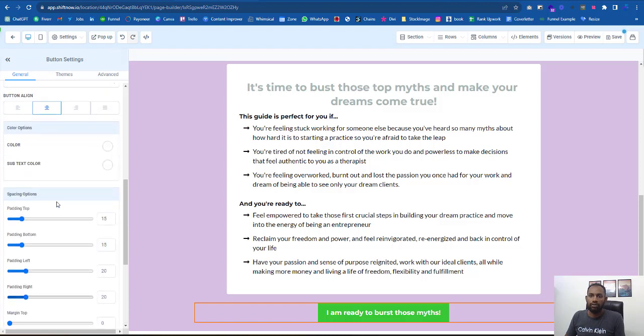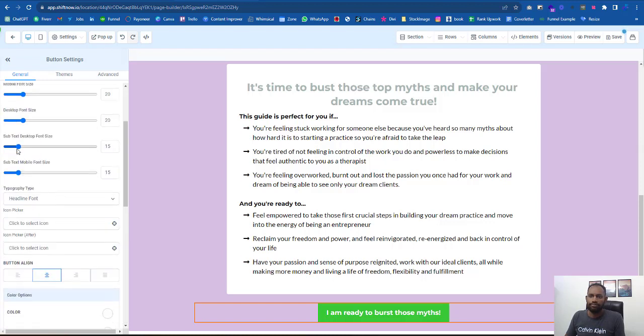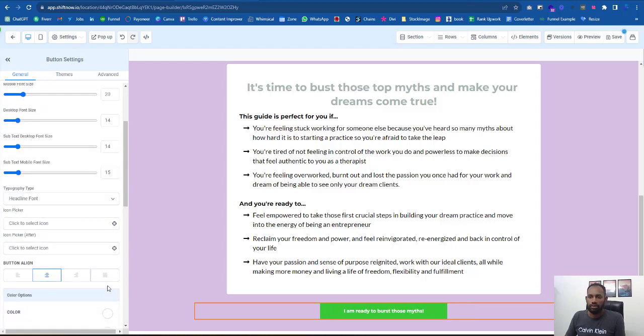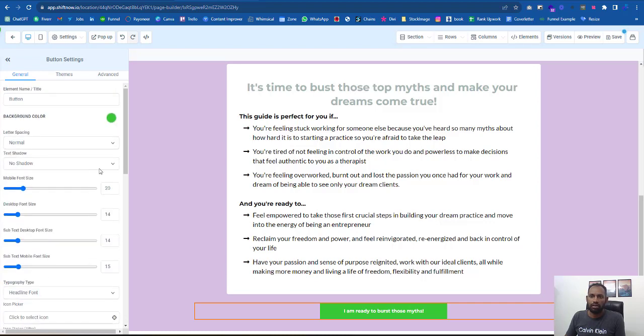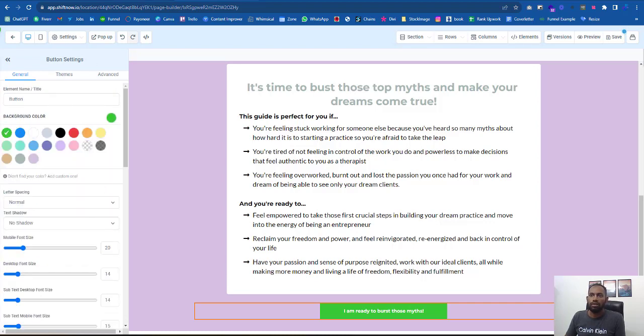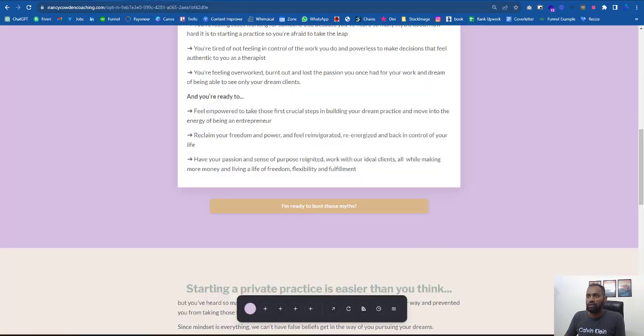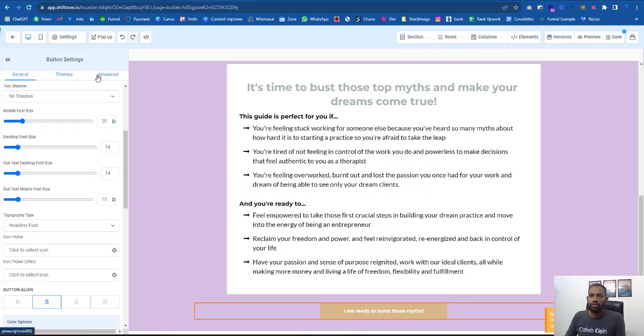Now we need to change the font size. Desktop font size should be a bit bigger, and the padding left and right need to change. And finally, the color should be changed. Background color, text color. This is the background color, and we need to make golden the background color. We already have our golden color. There is a radius, so we need to